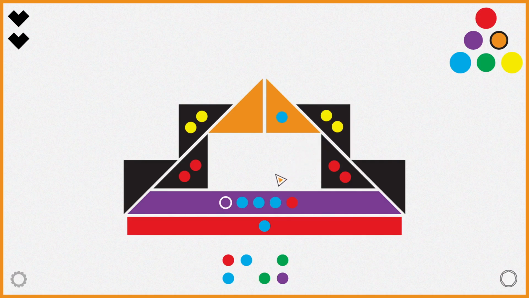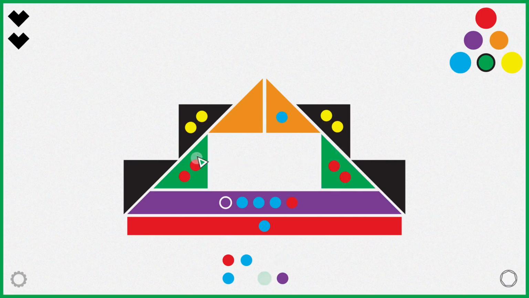What is interesting is the greens. They gotta be here, don't they? They are the only ones that contain yellow. So we need those to fulfill the yellows. Okay. And now we need...